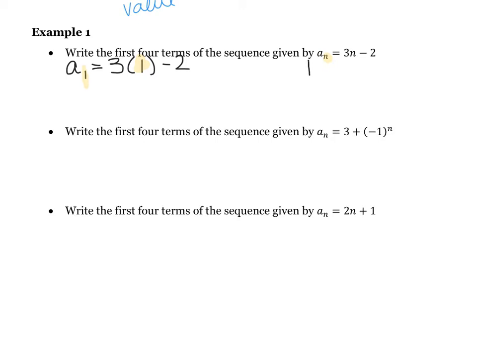Let's look at the second term. A sub 2 equals 3 times 2 minus 2. Okay, so again, the number that was the subscript got put in place of n. And so,